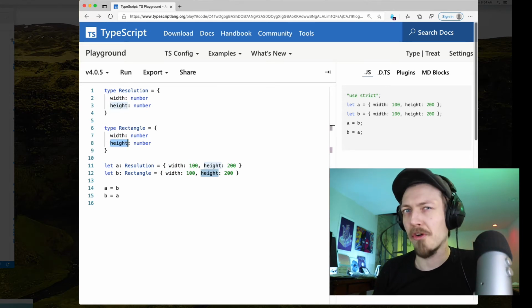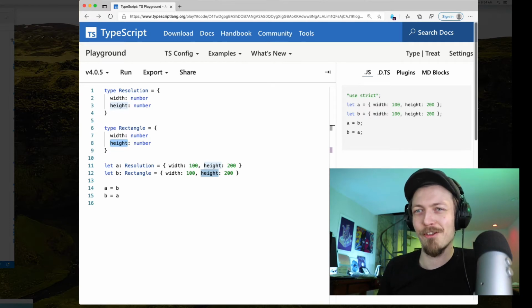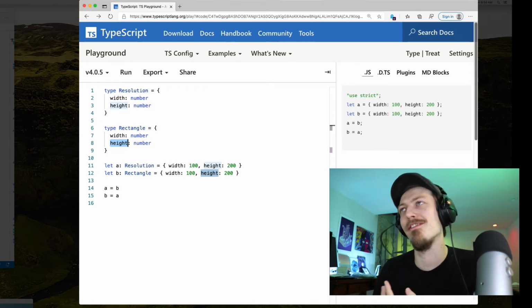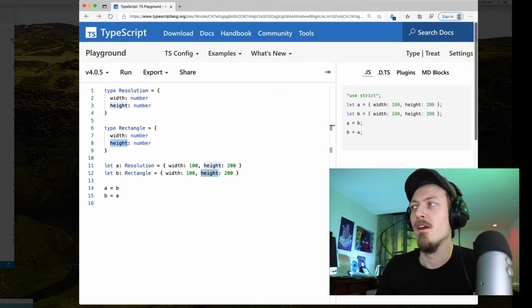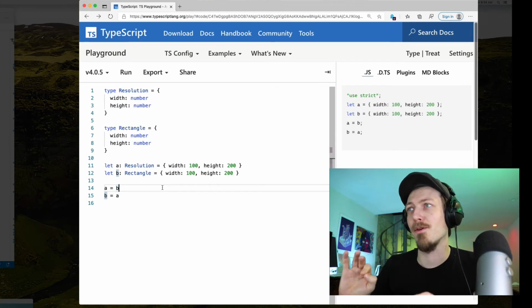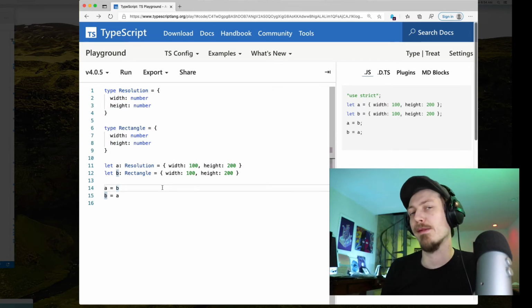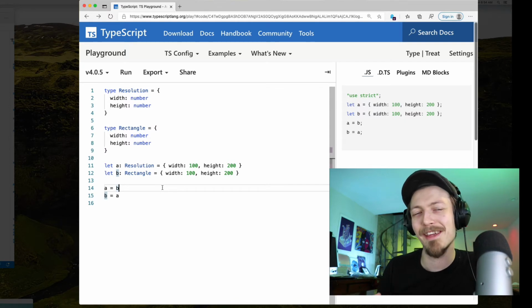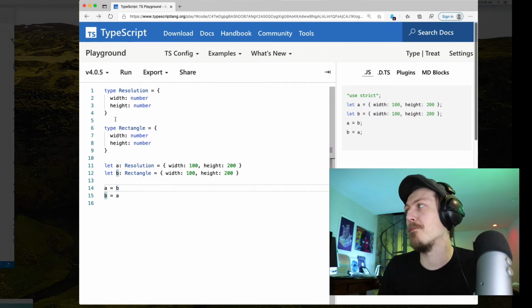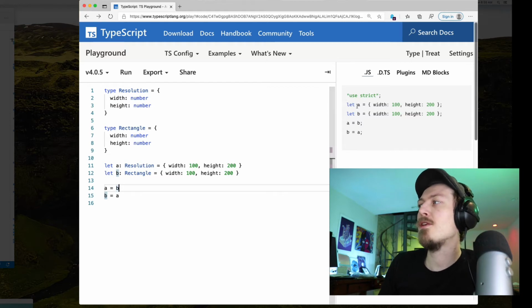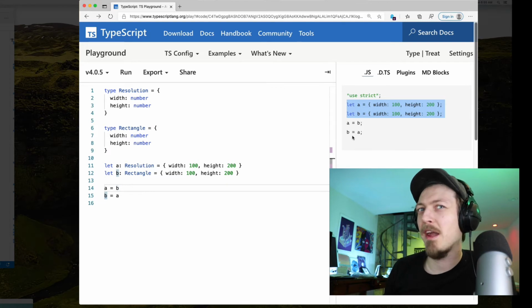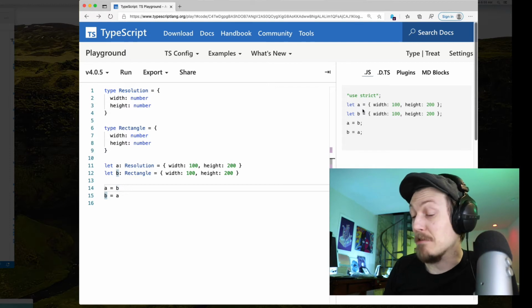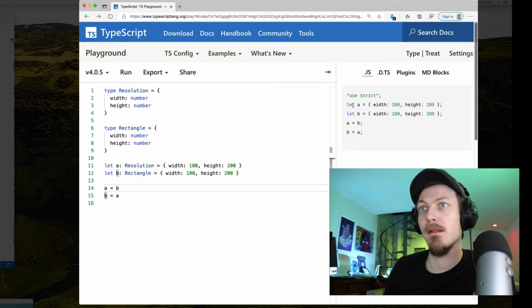So this is actually like more computationally expensive, right? It's much cheaper to just say, oh, does the name match? Which is probably somewhat what happens under the hood in Objective-C and Swift. But in this case, we actually have to check every single property of every single field and the value and the keys to see whether they are the same, which is quite expensive. But you can get a sense of why over here in the JavaScript, right? It just creates an A and it creates a B and it allows them to be assignable between them. To JavaScript, there really is no difference between these two lines of code.